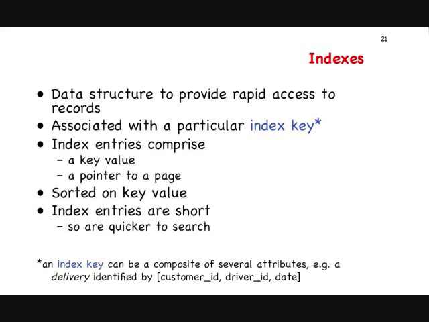So, an index: a data structure to provide rapid access to records. Now, we've got the notion here of an index key. Indexes are organised in terms of index keys. The index key may or may not be the primary key. So if you think of your big customer database, your primary key is likely to be the customer number, customer identifier, because you know it's unique, you know it's never null, and all the rest of it. But actually,